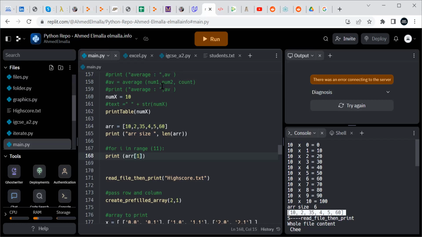No. 2. So okay, 2 is at the index. Yes, it's true. Let's not use the word position, so it's not confusing. Let us use the word index. So at the index 1, there is 2. At index 0, there is 10. Okay. At index 5, there is 60. Okay, so if I put index 0 here and I try to print,